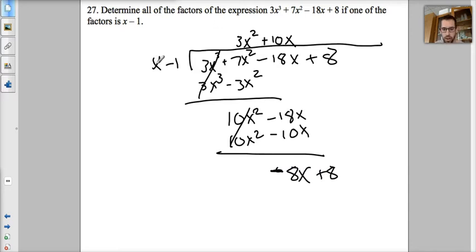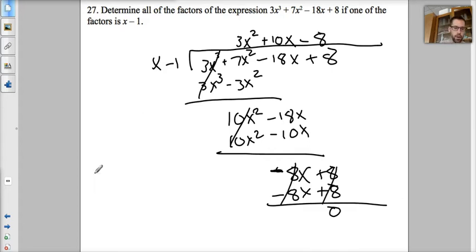Okay, x goes into negative 8x negative 8 times. So negative 8x, distribute, plus 8. And hey, sure enough, everything cancels out. You're left with no remainder. So we wind up with x minus 1 times 3x squared plus 10x minus 8, which I can now factor